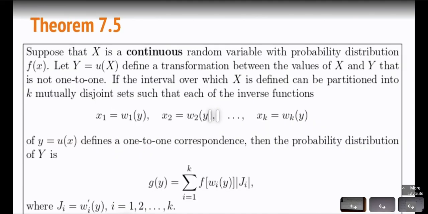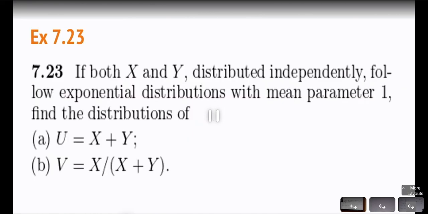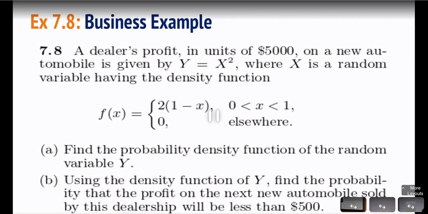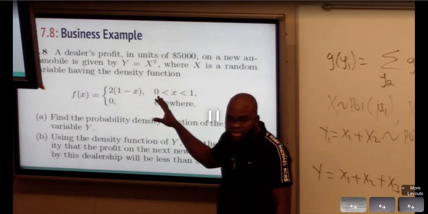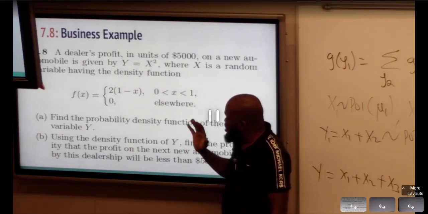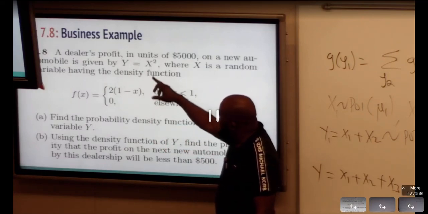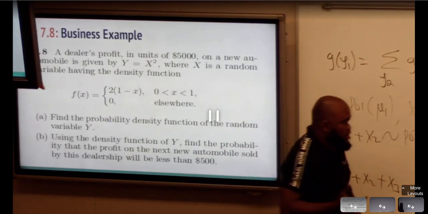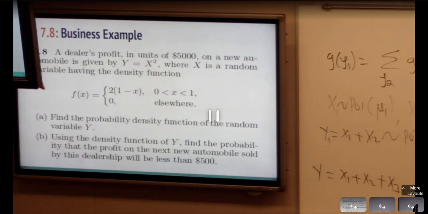Let me quickly see. I have a lot of examples that I put here. This is for, let me see, the same thing here. If I want to do this now, the way we did continuous is different. For continuous, after solving for the inverse, I will need a Jacobian. So for this particular question now,